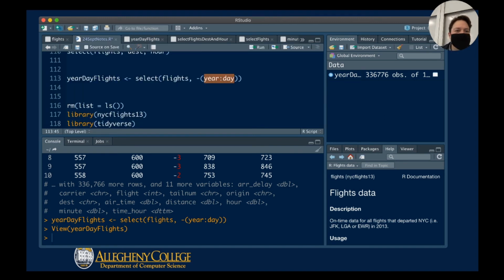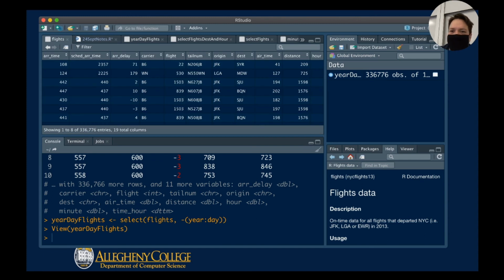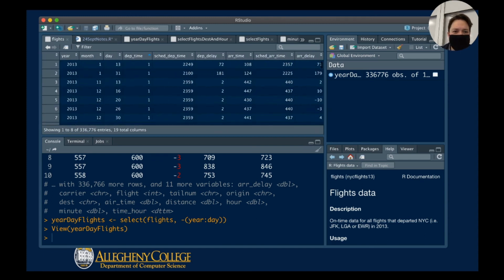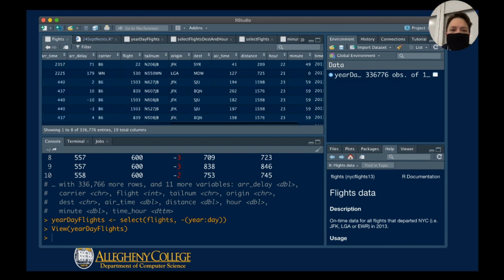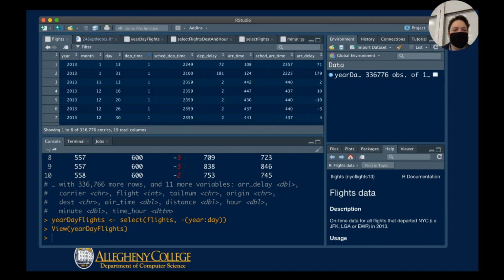And so what is that year and the day information here? The year starts from the first column, and the day goes over here. So what this should be doing is saying, okay, here's the year and the day, but because we have this minus sign in front of it, that means don't take the year and day. That means take everything other than the year and the day. So if I change this to year to day,